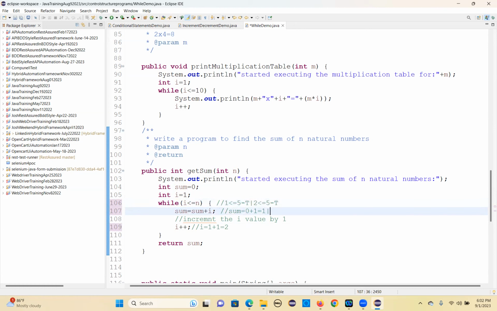It will calculate sum equal to the sum value plus i value 2. Sorry, here the sum is 1, the previous sum value, so 1 plus 2 becomes 3. Now the i value will increment, 2 plus 1, becomes 3. Now it will check the condition: 3 less than or equal to 5, true. And it comes here and sum equal to